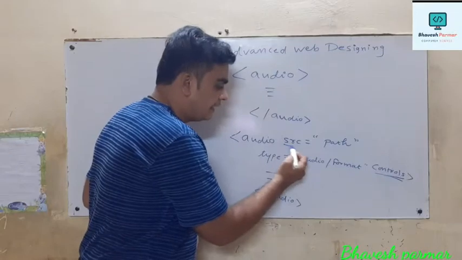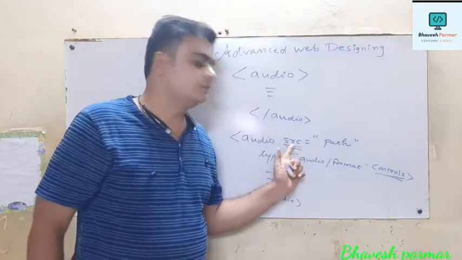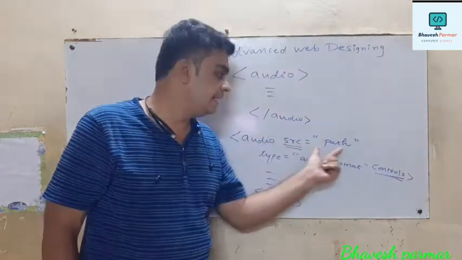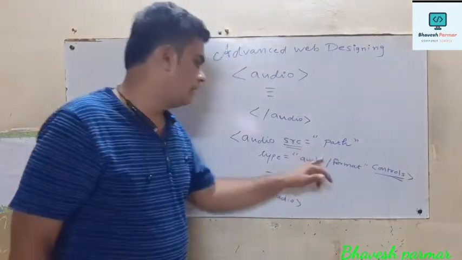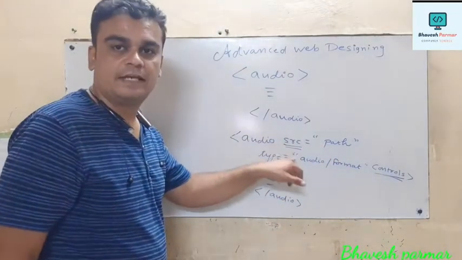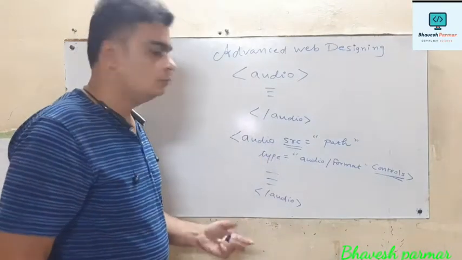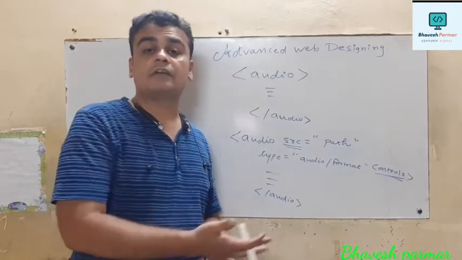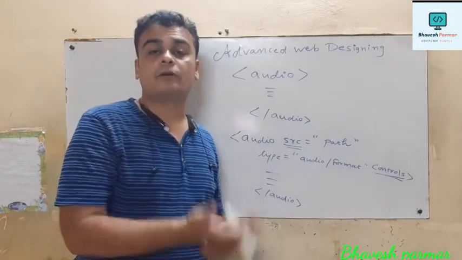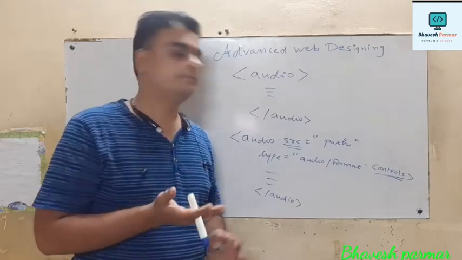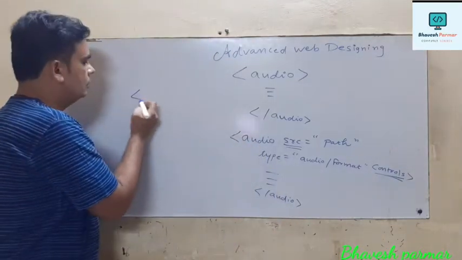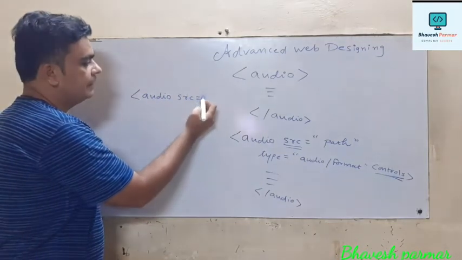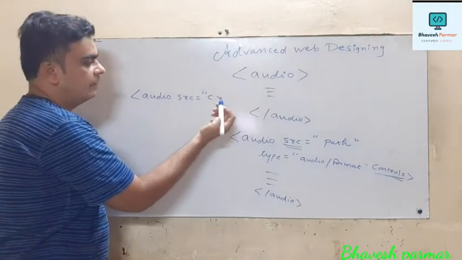And the most important part is what? SRC. It is one of the attributes used by the audio tag, and this SRC indicates the actual path. So suppose I am going to write down one simple example, so that these things are more clear to you. And we are also going to discuss the HSC board practical in the same session, so these concepts are widely clear to you, so you guys can perform it and your confidence gets built up. So guys, I'm going to write down the example. So how can I write? For that purpose I am using audio, then I am using the SRC attribute. In the double quotes I have to mention the path.